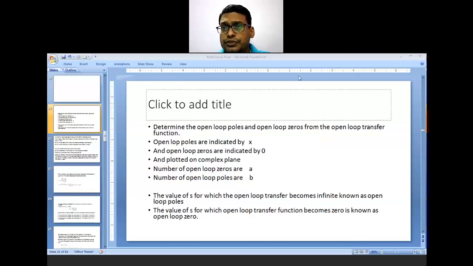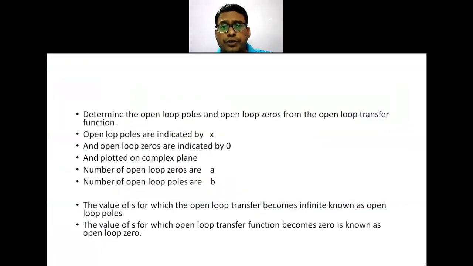Dear students, I welcome you for today's lecture related to the root locus diagram and its different numericals. While determining or drawing the root locus diagram, first one has to write down the characteristic equation. The characteristic equation is nothing but 1 plus the open loop transfer function. And what is the open loop transfer function? It is nothing but